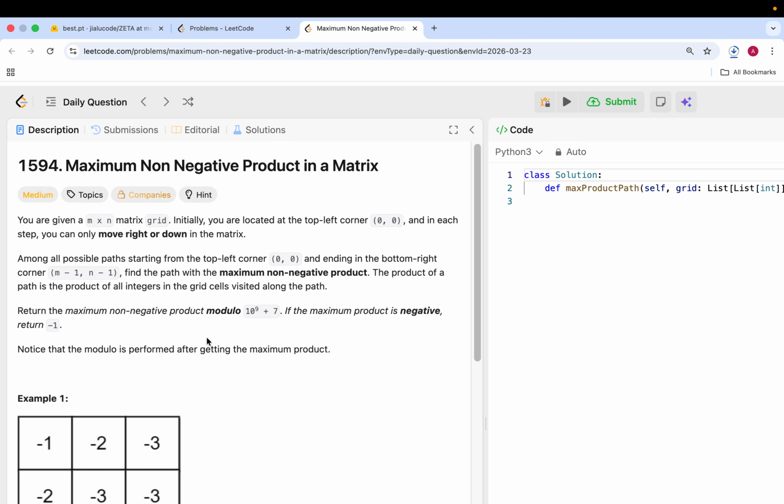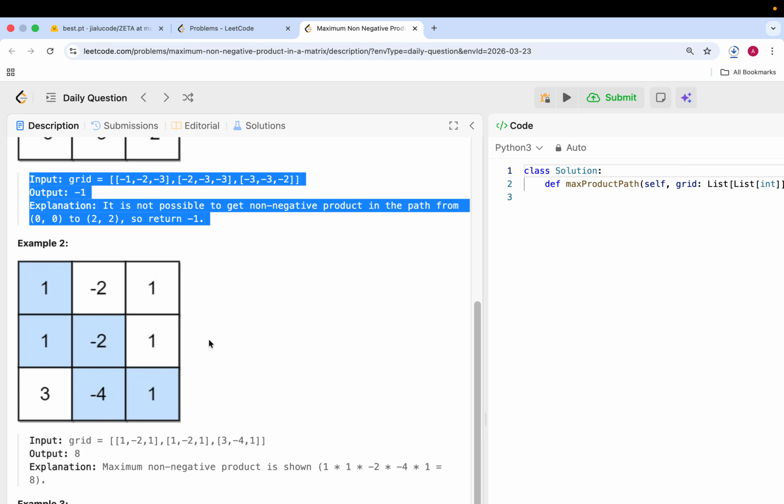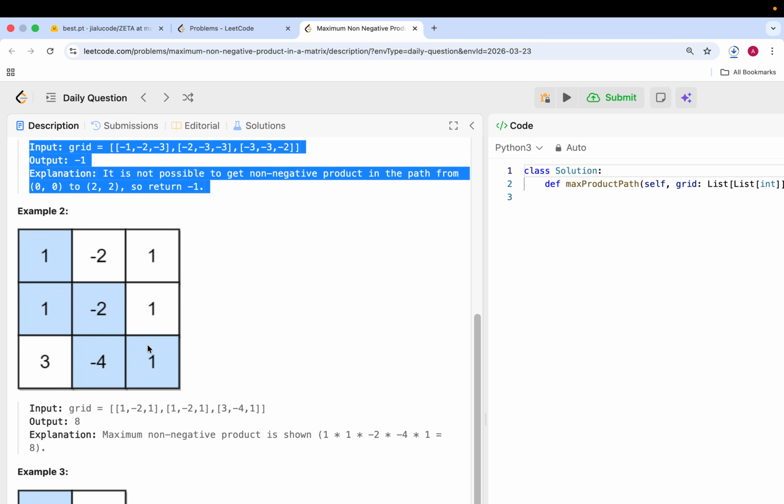This feels very similar to that DP problem, no? I forget exactly the problem, but it's the number of ways you can get from top left to bottom right. I'm not sure if it's quite the same, because this is talking about product instead of number of ways to get from top left to bottom right. But if I do take that approach,